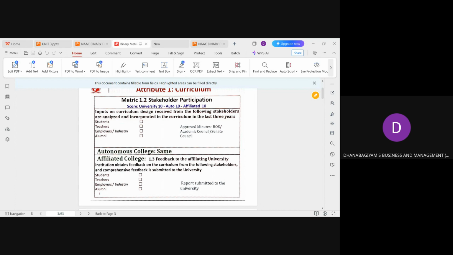We can call them, approach them, and ask whether there is relevancy at the workplace between what we are teaching currently to the students and the new syllabus we are going to frame. So likewise, we can check the validation. For example, supply chain and logistics are the current trends which we can see in most of the BBA and MBA institutions.